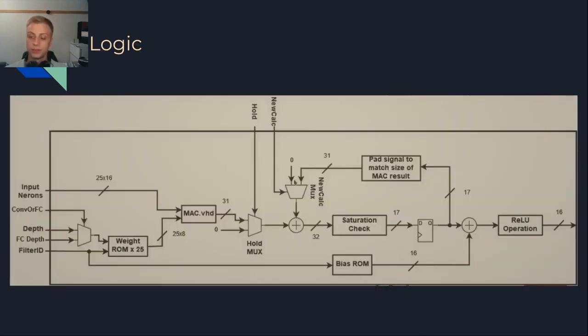The logic for a MAC filter is here. We can see the MAC takes in 25 weights from a ROM, which is generated at synthesis time, and then 25 inputs of 16-bit width. We then have a loop here that does a saturation check, and this is because when we're doing convolutions, we need to add up the result. So therefore, we either need to add it to itself, or if it's a new layer, we need to add a 0 to it. And finally, we do the ReLU operation here,